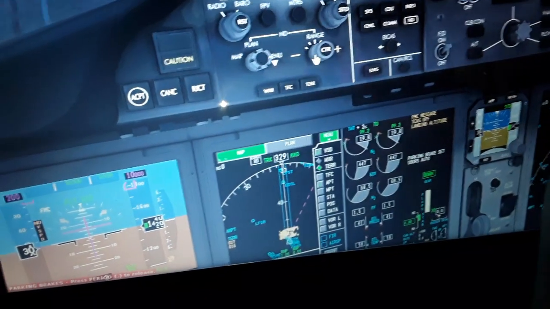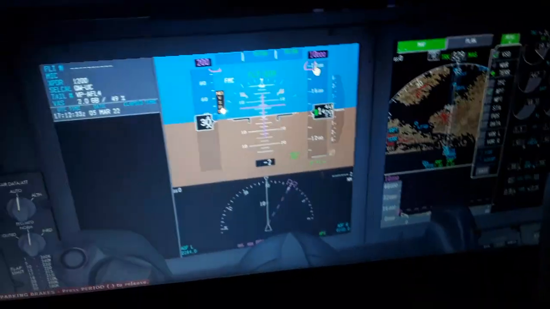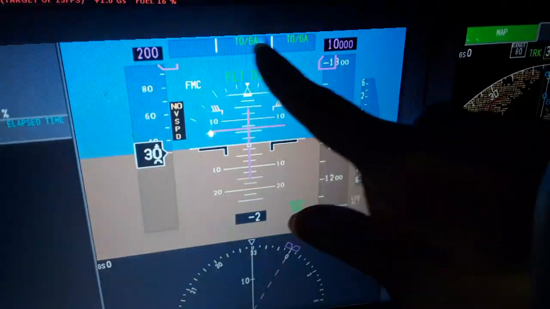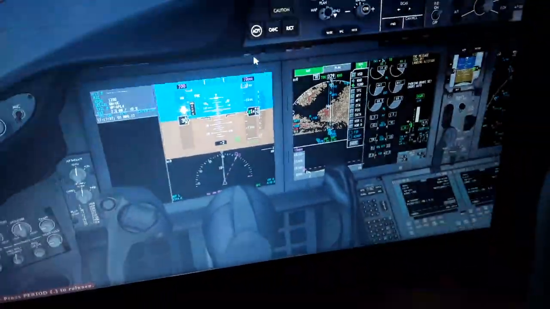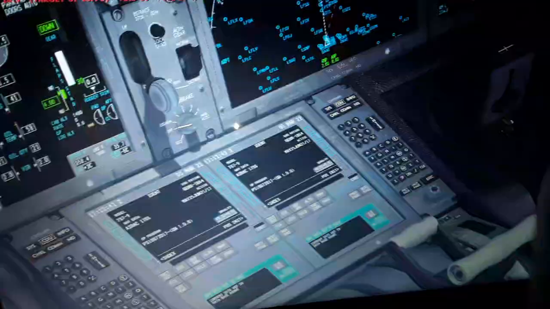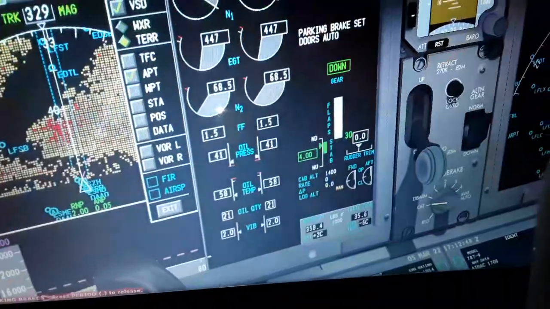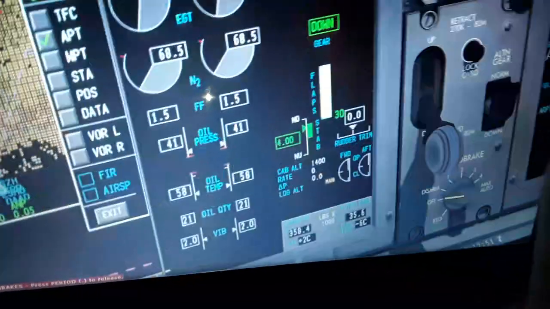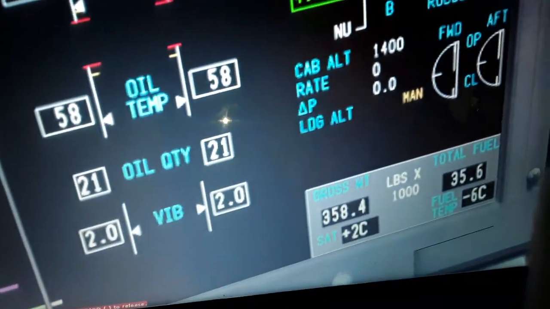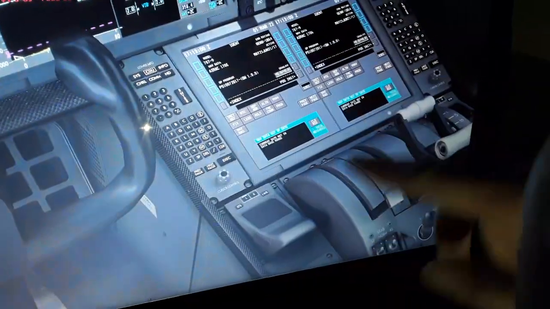So we are like this, EDTL. So we have the flight mode annunciator, takeoff, ground right now. Also we have over here the engine indications. I will show you that, which is controlled by the FADEC: the N1, exhaust gas temperature, N2, fuel flow, oil pressure, oil temperature, quantity, vibration of the N2 stage of the engine. So we have gross weight for takeoff, fuel on board and fuel temperature, flight management computer, and the mouse pad